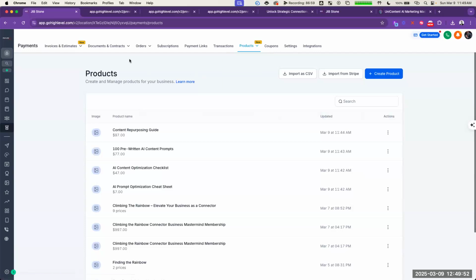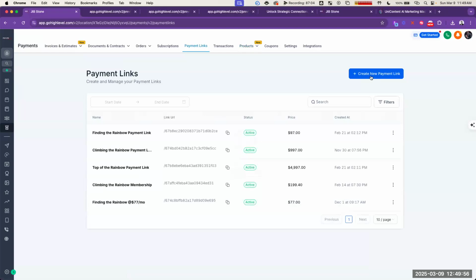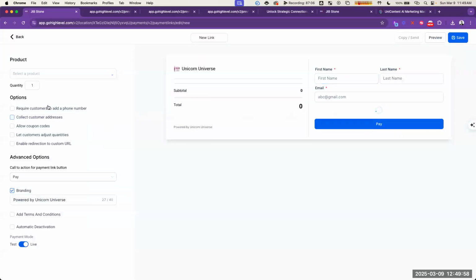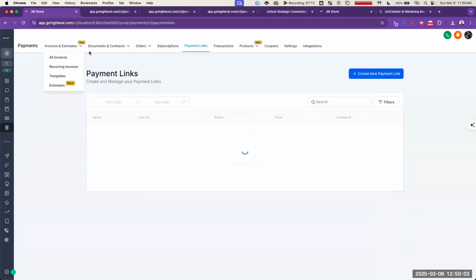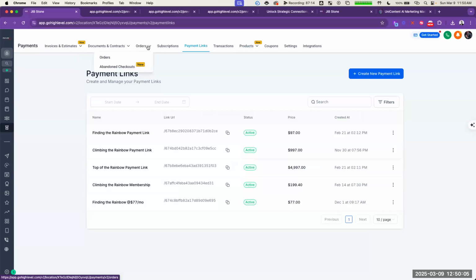Yeah, this part is definitely done differently. I think it might even be under payment links. Yeah, I'm going to look at this a little bit more. This is where I'm at. I haven't done the order bump part yet, so